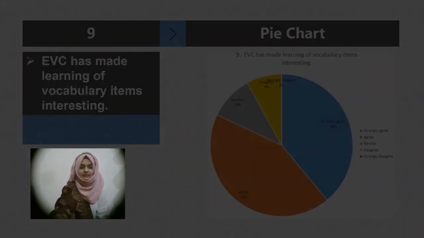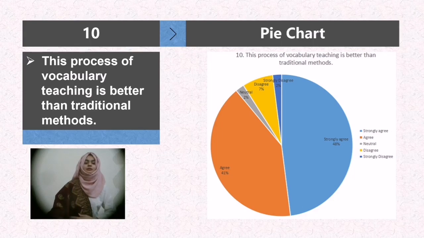Moving towards the 10th statement. The 10th statement was that the process of vocabulary teaching through EVC is better than traditional methods. This statement was asked to compare the use of EVC with traditional methods of vocabulary learning. The answer to this question helped in analyzing the comparative difference in learning vocabulary items through traditional methods and